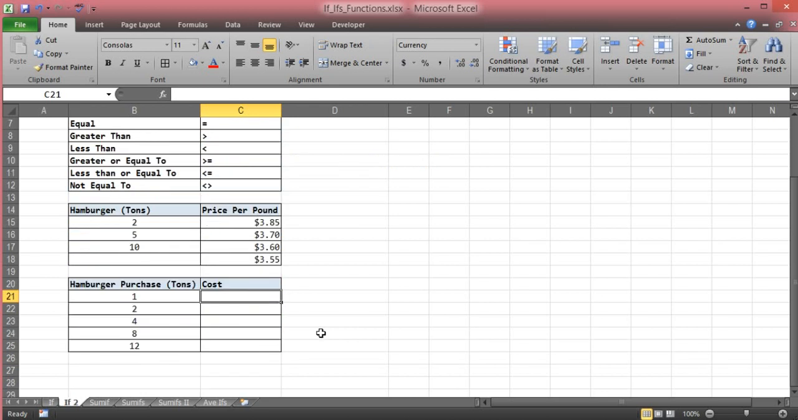Quick background. Within this example, we are trying to find out our budget for buying hamburger for the year. Hypothetically, we're a restaurant company. Our vendor has given us a discount based on how much product we buy, and so we have to find out what we'll have to pay at the end of the year depending on how much we purchase. So let's go ahead and start. So if